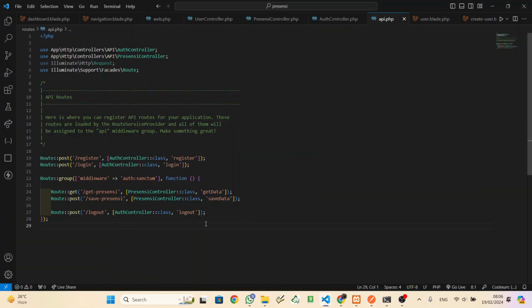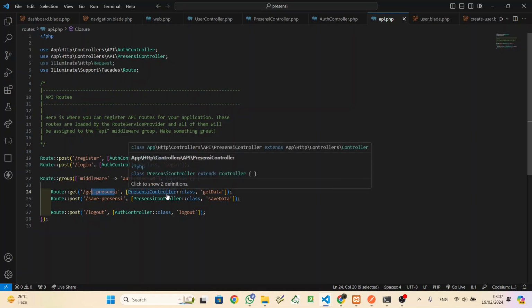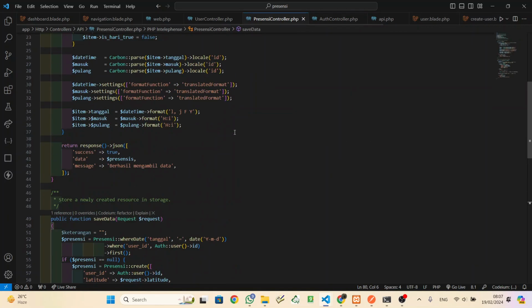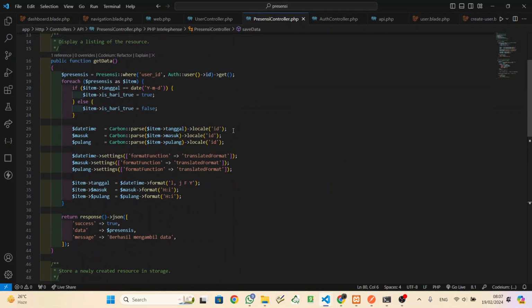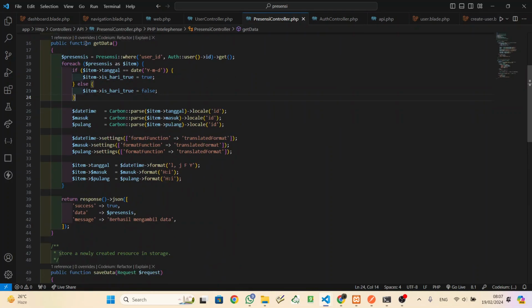Back again, we will use get presency. Go to the presency controller, make a new public function getData, and fill the getData function with these things. So it is for getting the data. And back again.